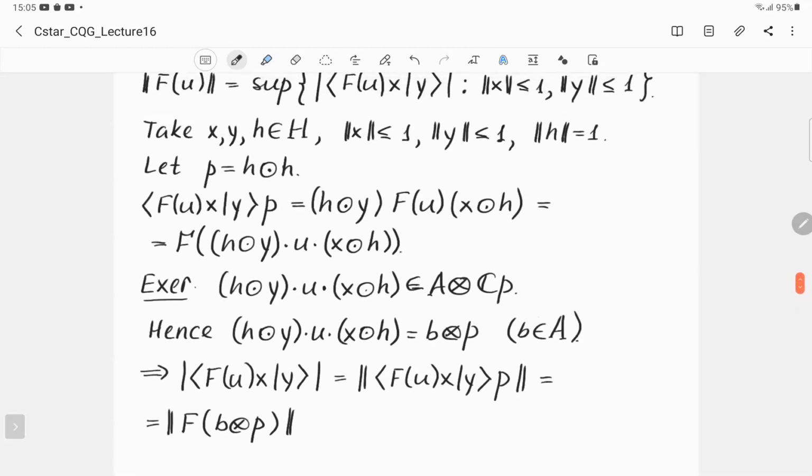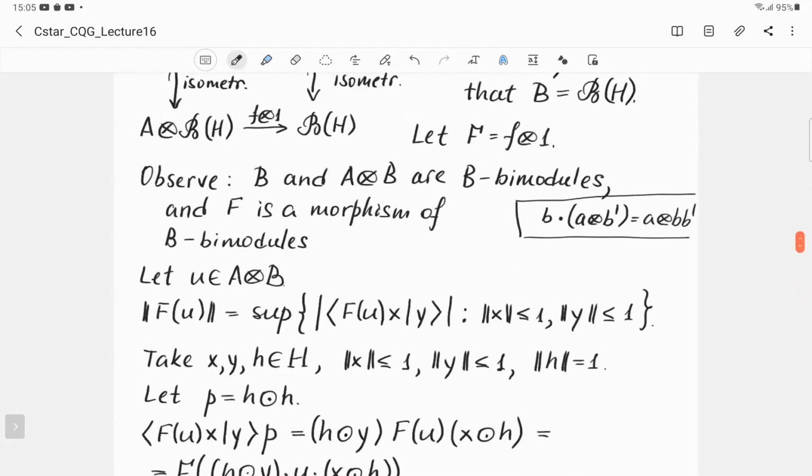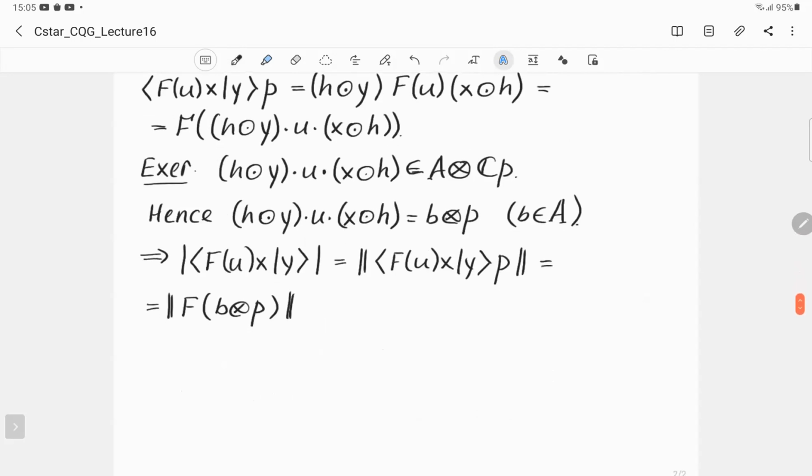Big F is little f tensor 1. So when we apply this to B tensor P, what we get is f of B P. And since the norm of P is 1, this is just the absolute value of f of B,